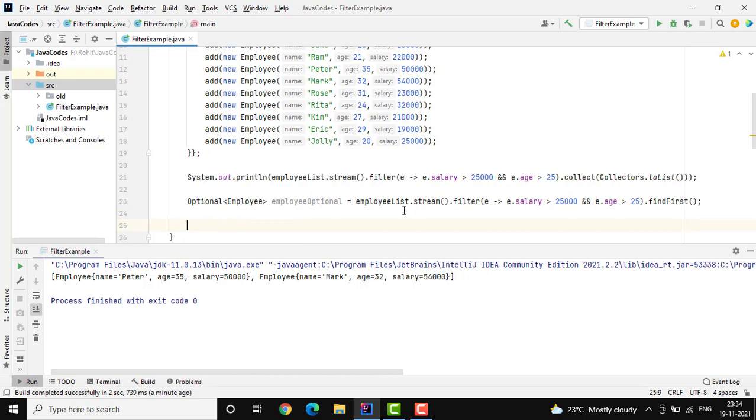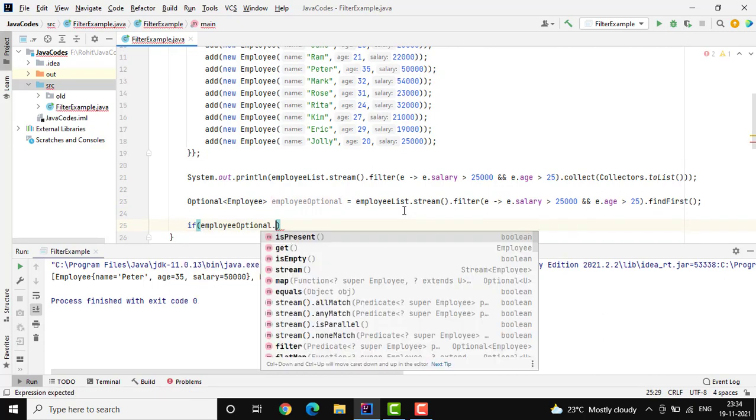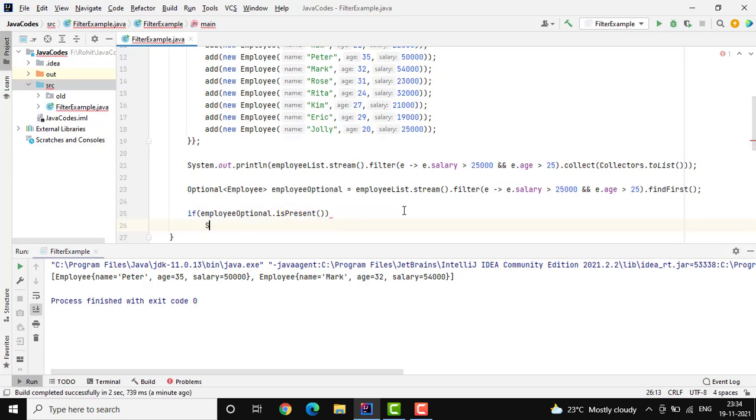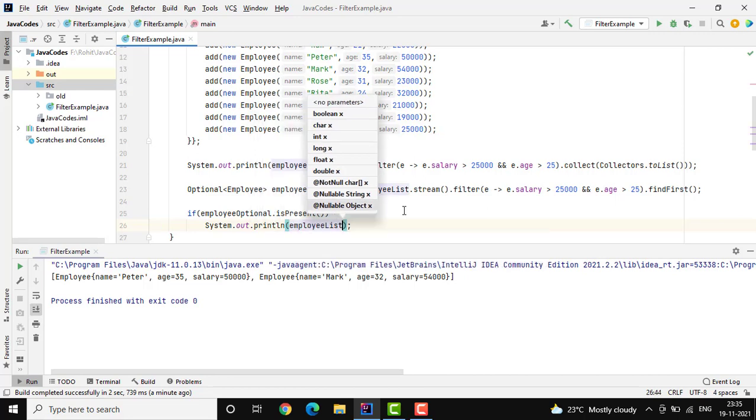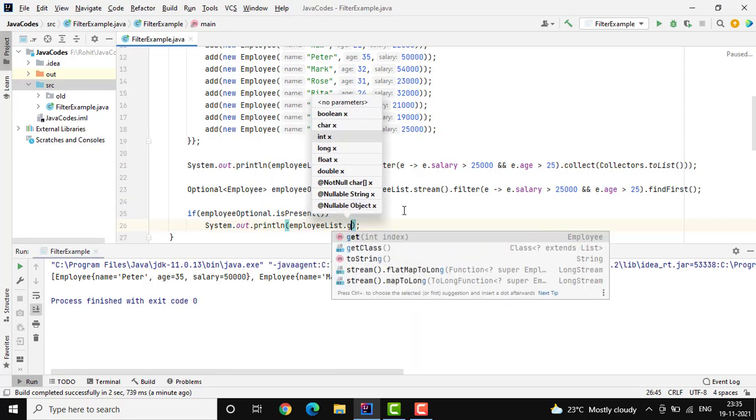So it returns an Optional. Now if there is data present, then we will try to print it. For that we can use the get method, and to check if it is present we can use isPresent. So if it is present, then we will be doing .get.